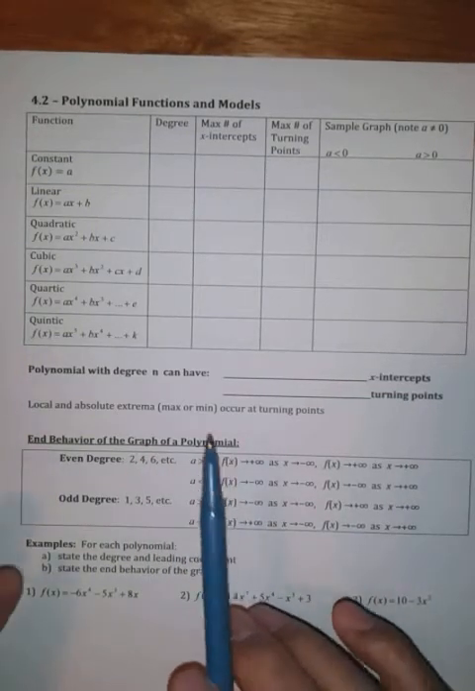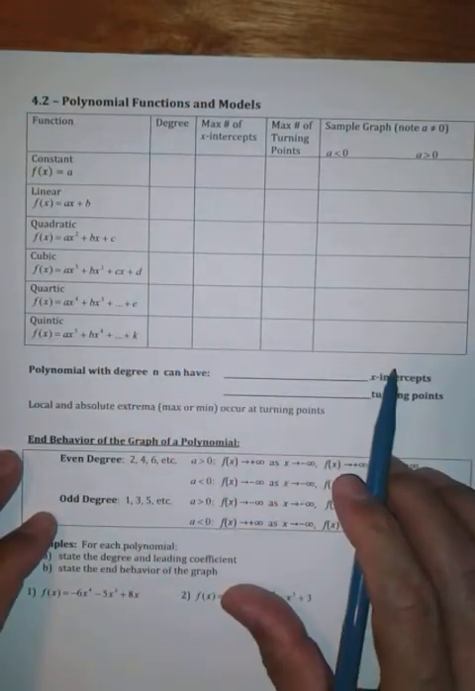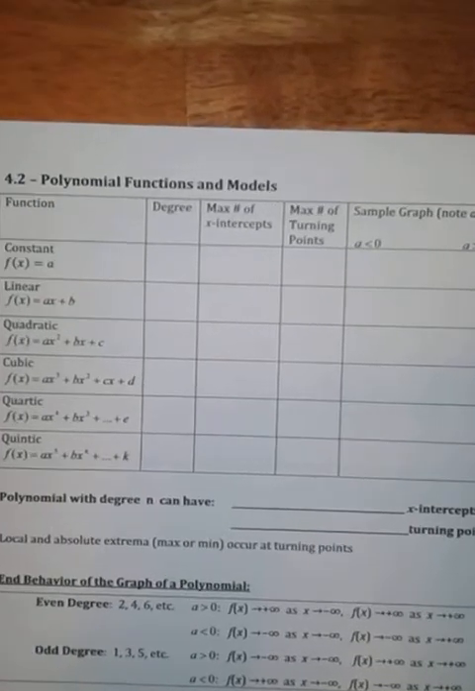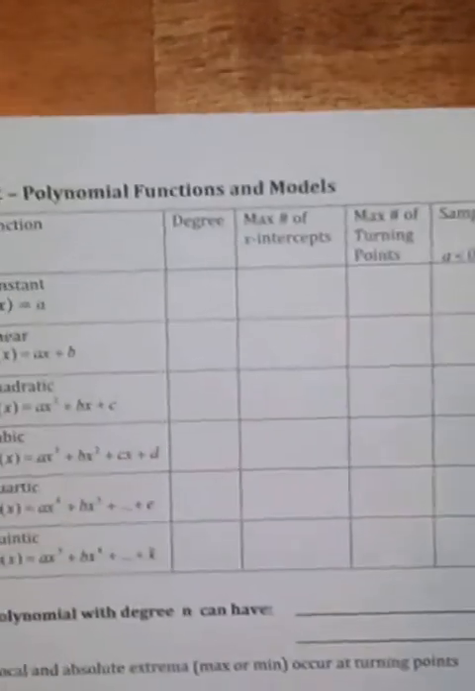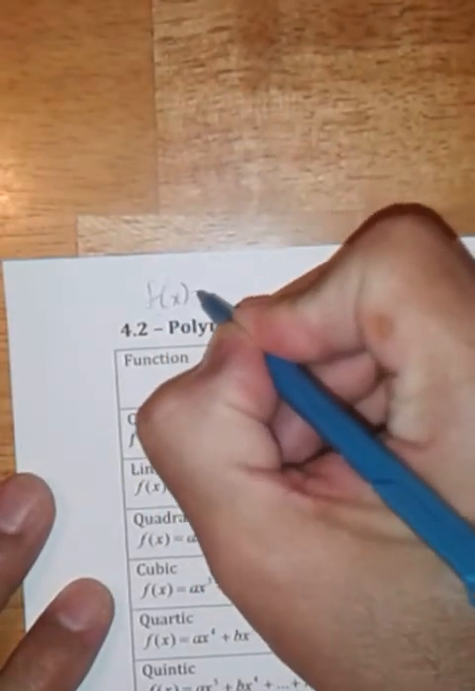All right, this is section 4.2 about polynomial functions and models. So first remember what a polynomial function looks like. Let me zoom in here. So we said previously, in the previous chapter, we said a polynomial function is of the form f of x